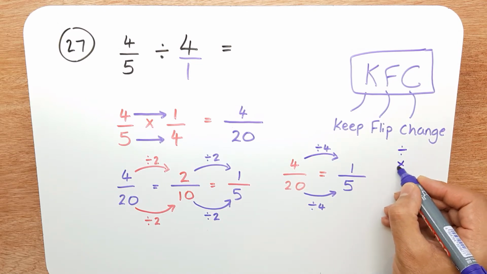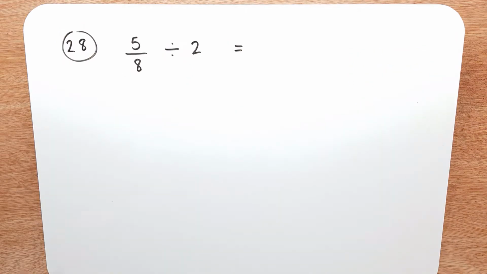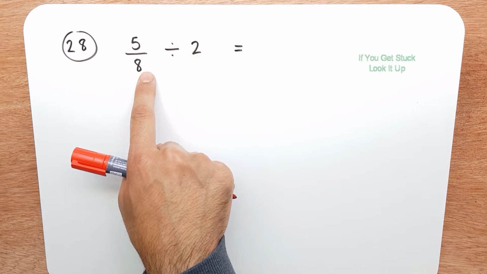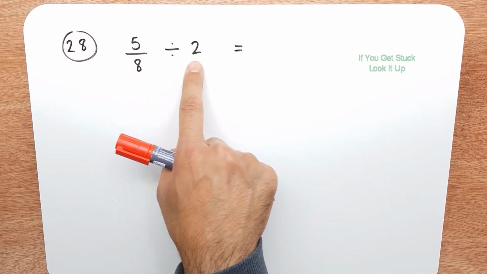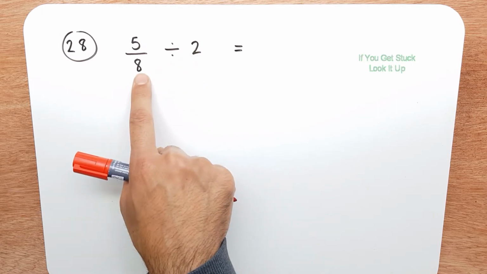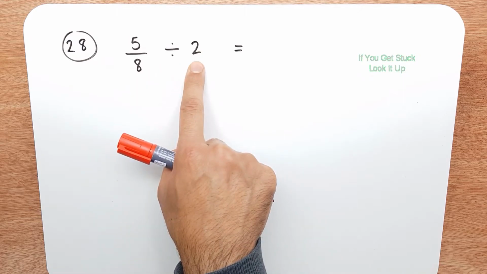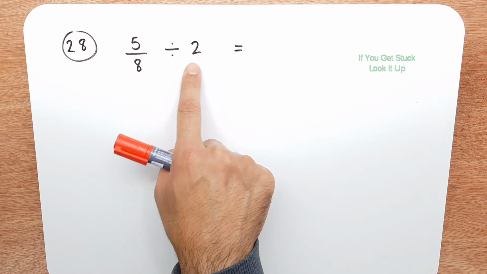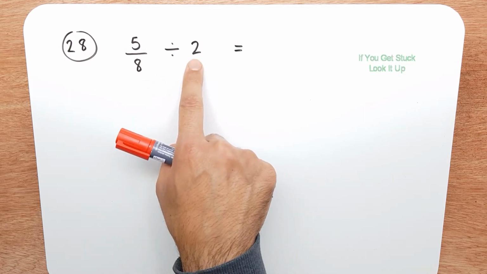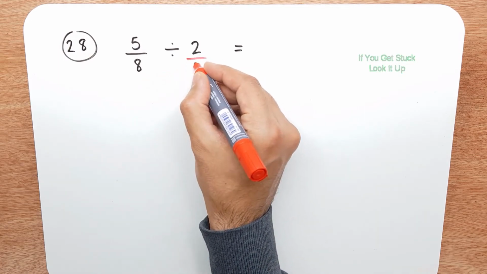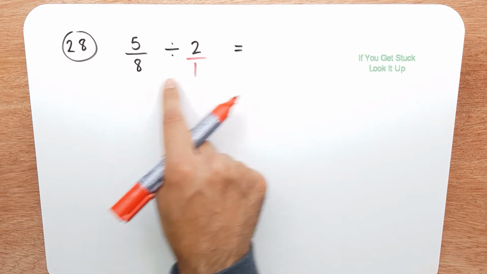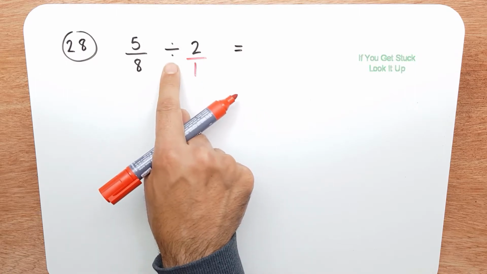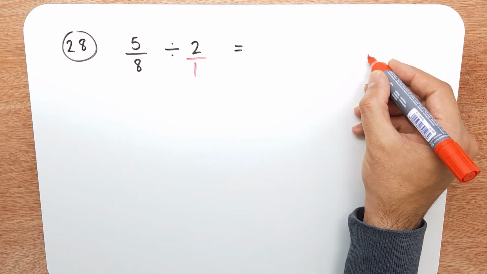into a times. With question 28, we're given 5/8 divided by 2. So that's a fraction and that's a whole number. Now with these sort of questions, what I like to do is have 2 fractions. So I'm going to divide this by 1. So what I have now is 2 fractions, and it's much easier. And because it's divide, we use the